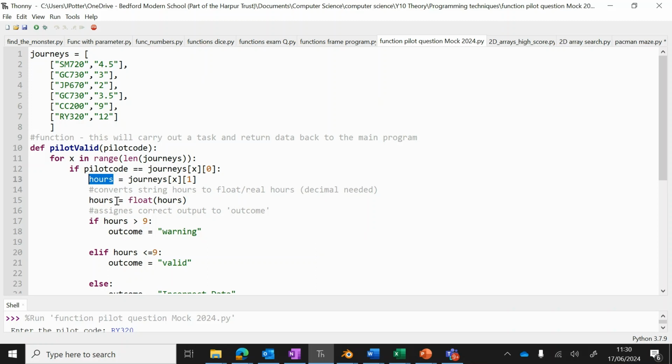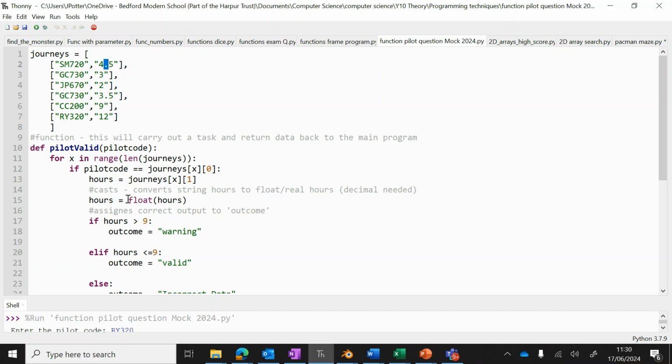So we have to cast it. Okay. So we're going to cast, which means converting it to another data type. Now in this case, we need to convert it to real or float because we've got a decimal place. If we converted it to an integer, we wouldn't get the correct result, because this has a decimal, and real numbers or float uses decimals.